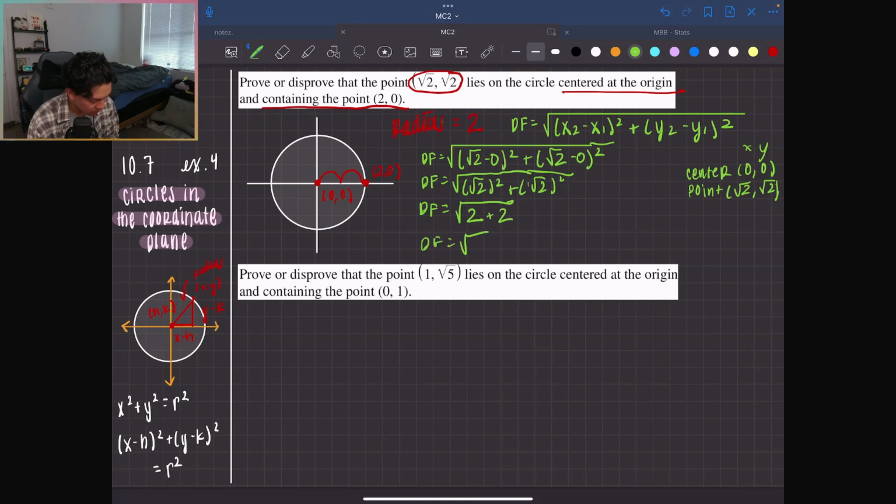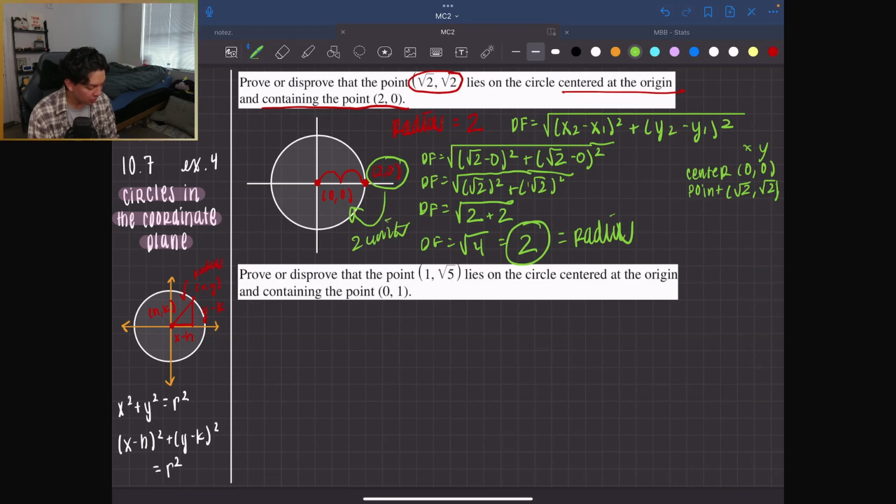So root 4, which equals 2. So because root 2 has the same radius, this is going to give us the distance, which gives us the radius, right? So 2 is the radius here. So if this 2, 0 was also 2 units away,